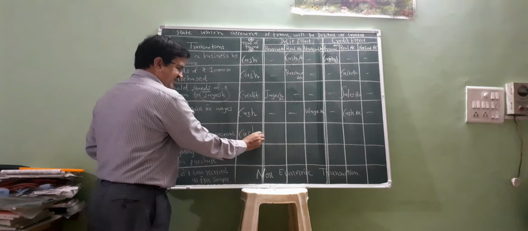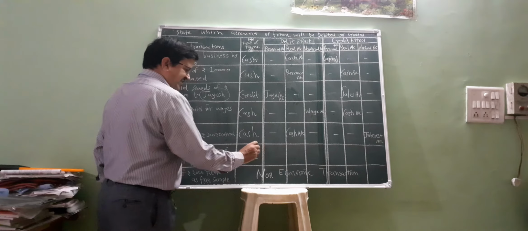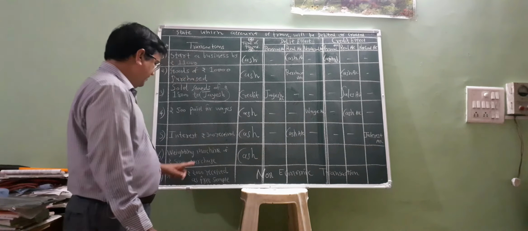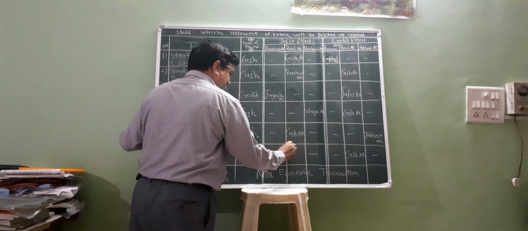Now, weighing machine purchased. No person name is given, so it is a cash transaction. When you purchase something, cash goes out. Cash is a real account, cash goes out, credit what goes out, so cash account credit. And the weighing machine purchased is your asset. When an asset comes in, it is a real account, and it is considered dead stock. So dead stock account debit, and cash account credit.